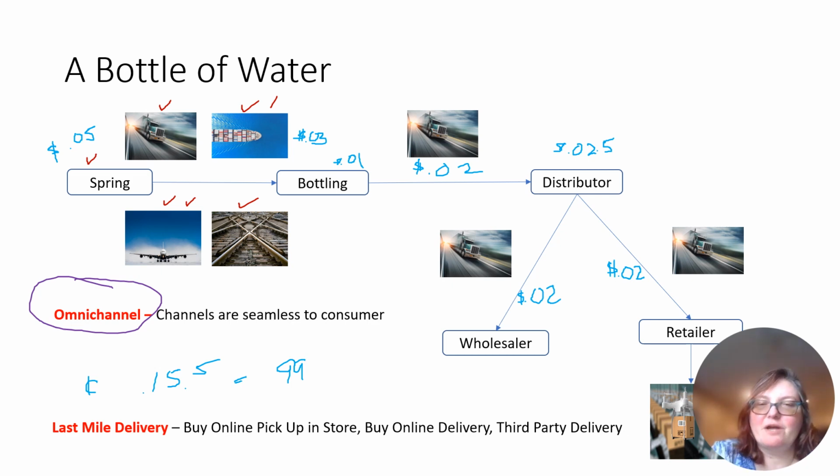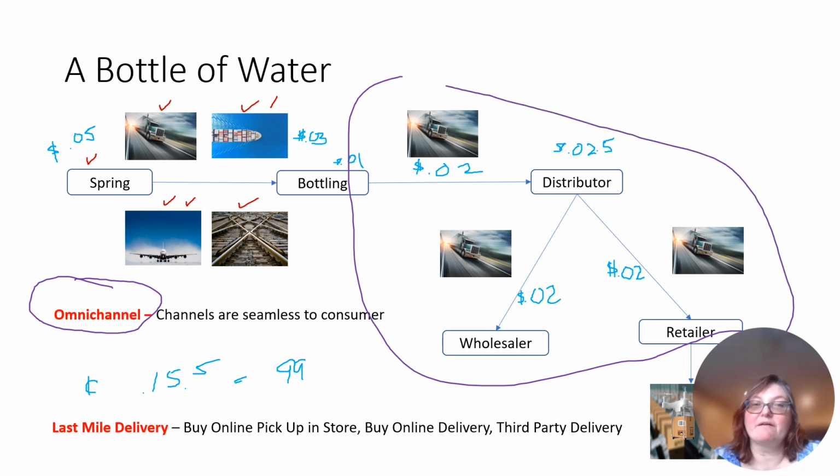So omnichannel creates this complexity within this whole box right here. I mean, it literally creates complexity everywhere, but here in particular. Because if you think about different suppliers trying to get it to buy online, pick up in store, buy online, third-party delivery, buy online, delivery, I want to order directly from this bottle of water. Let's say it's Evian. Can I go to Evian.com and just have it delivered to me? Most likely not. I'm not sure of that answer today, but those are the things that omnichannel is providing, because